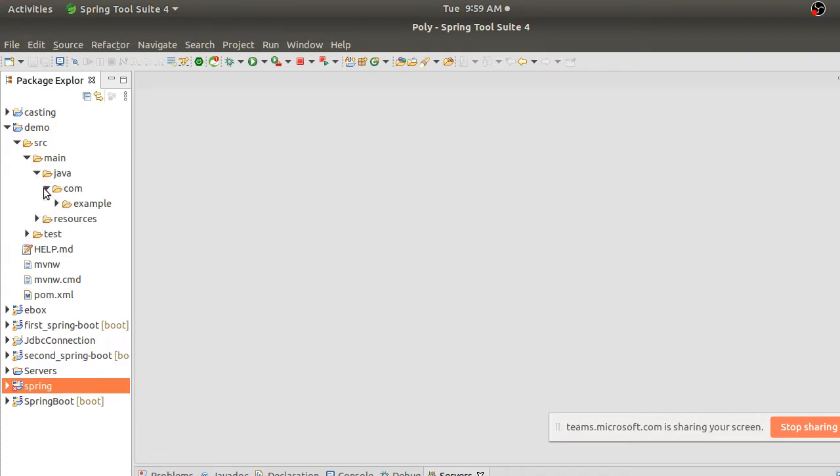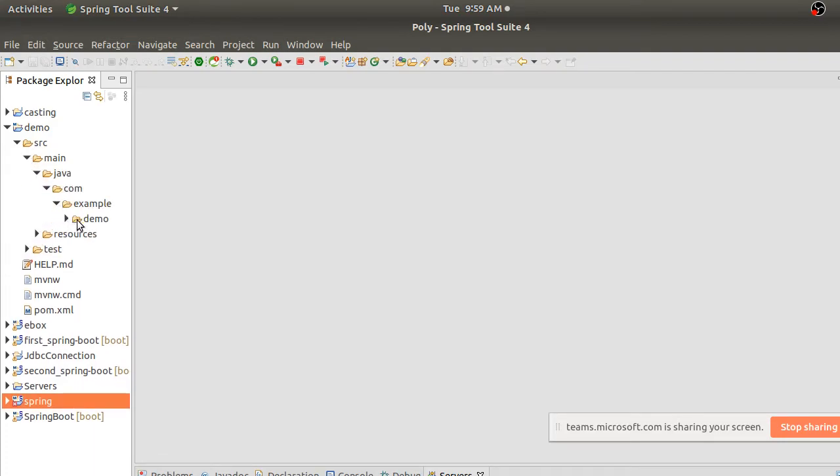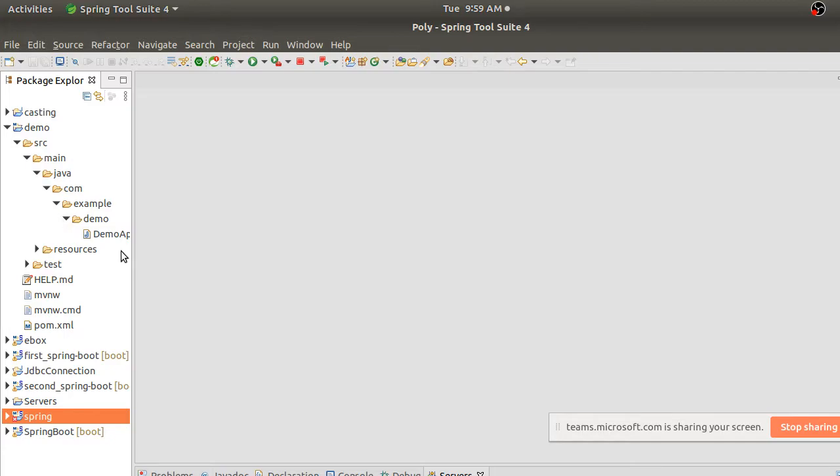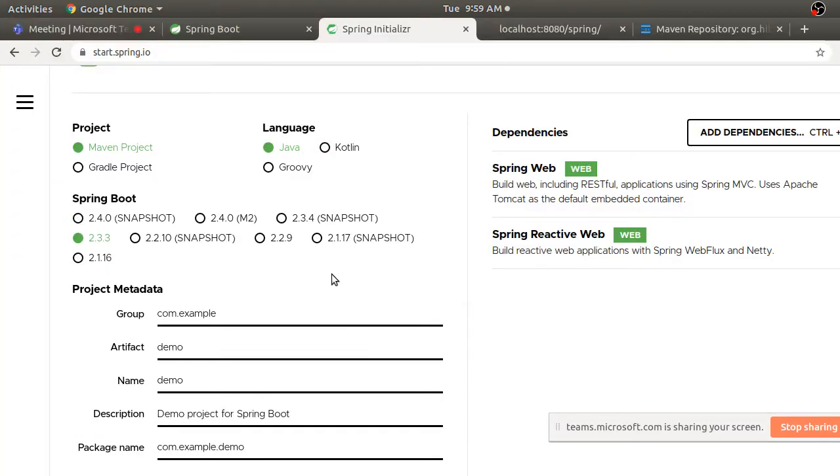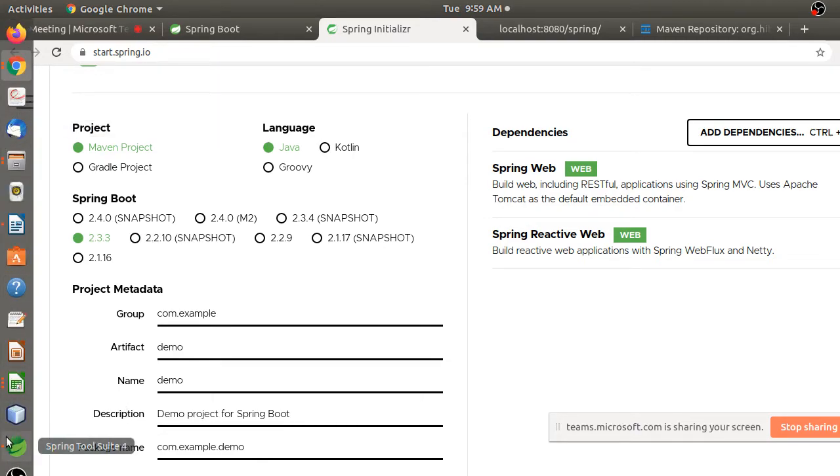What is this project? It is a ready Spring Boot project which is ready to run. So you don't have to do any configuration. If you want to do the first project, your task is just go to this Spring STS, and here you give all the dependencies and click on generate. Whatever jars and dependencies you need, everything will be downloaded, and the internal server also will be downloaded along with your project. So your project has everything that is required, right?